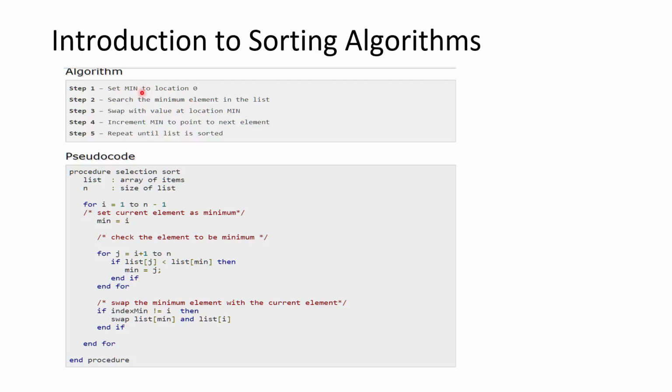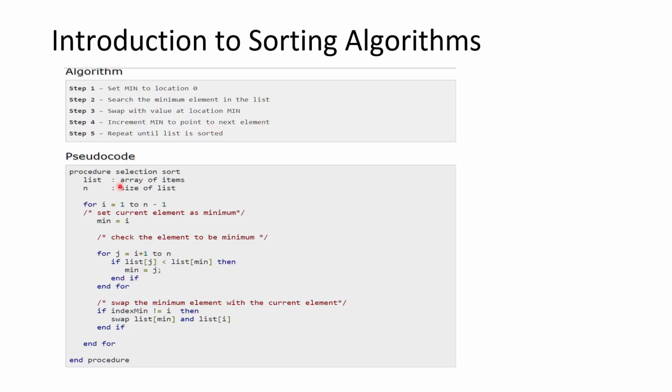If we take a look at a summary of the steps for the algorithm, we set the minimum location to 0. Search for the minimal element in the list. That's what we want to search for first. Swap it into a part of memory for that location and declare that to be the min. And then increment the min to the next element and repeat